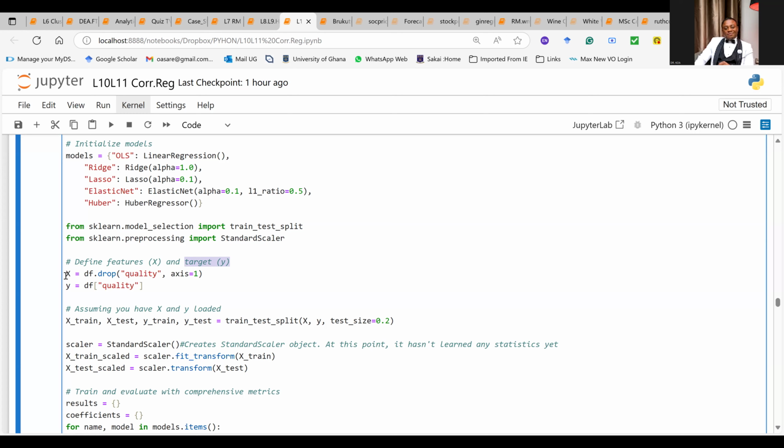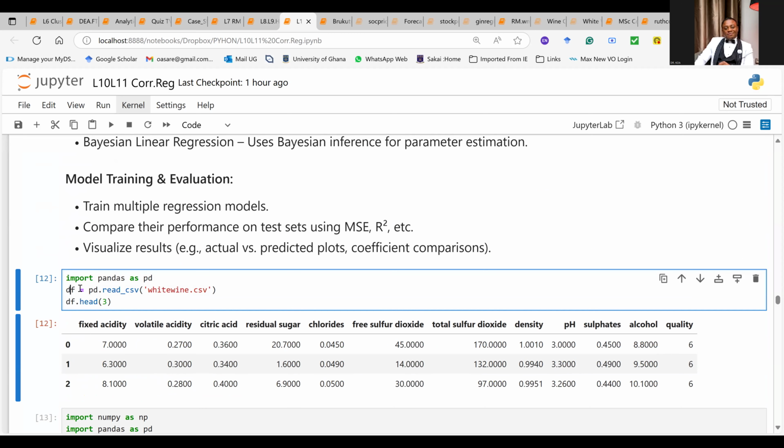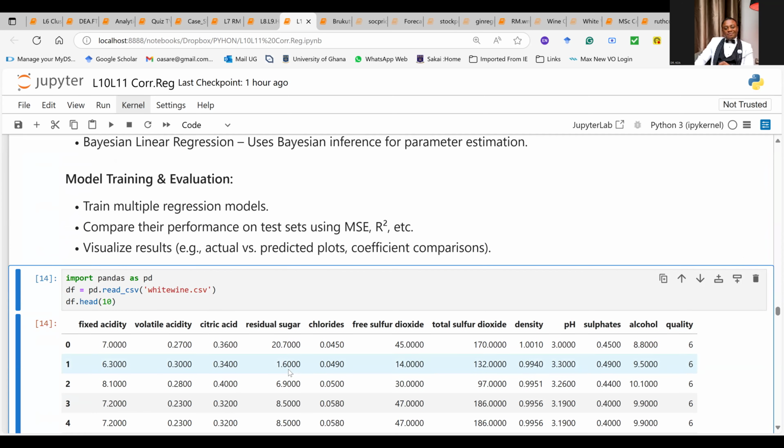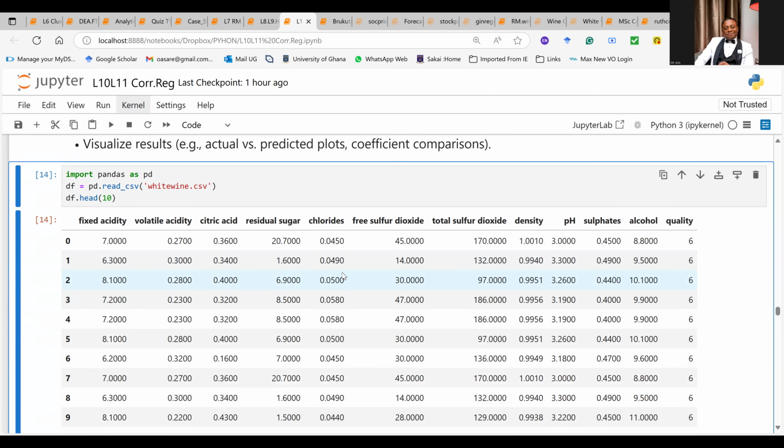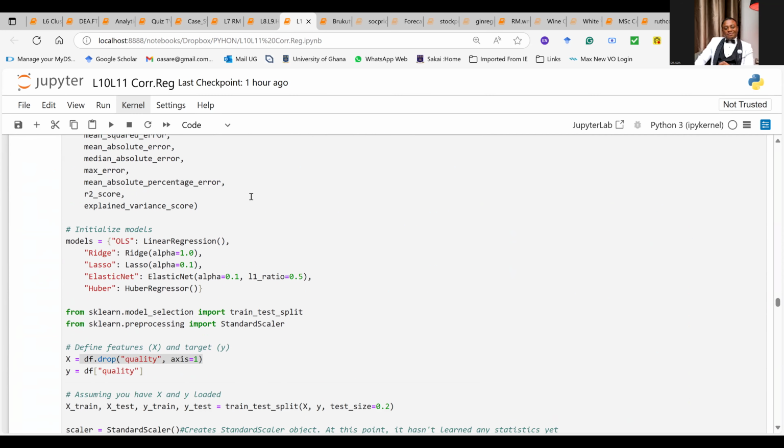You can indicate that I want you to let X represent anything in my data set. The data set is DF. In case you forgot, when you go up here, you can see that I called it DF here. Okay. And then I ran it. I showed just the top part of the data. But of course, you can show just the first 10 of the data set. Okay. And that gives you just the 10 of the data set. All right. So the data is called DF.